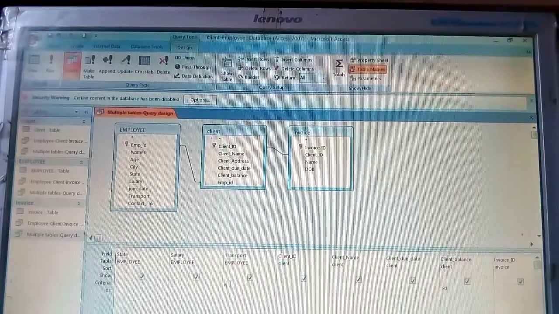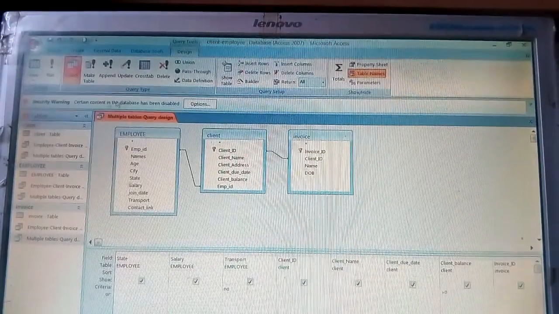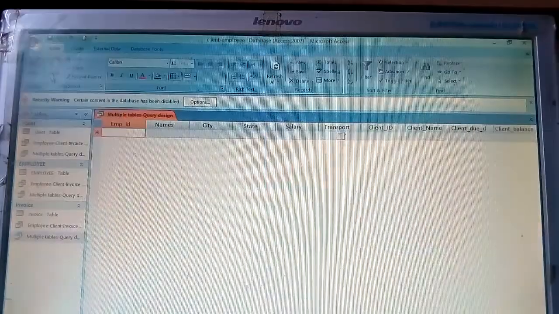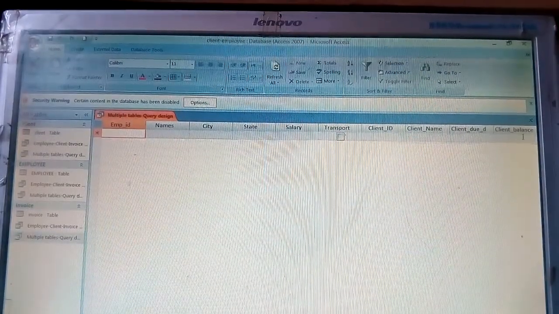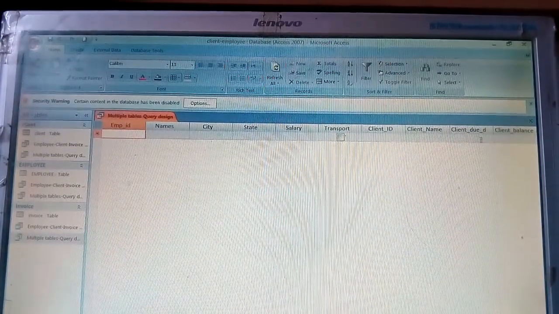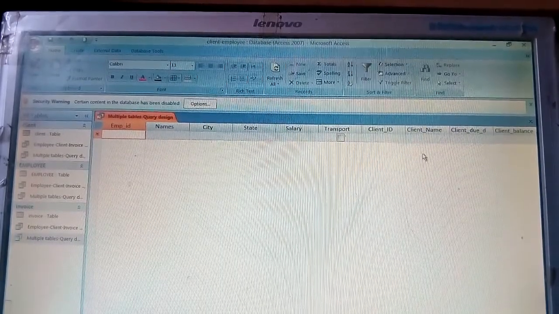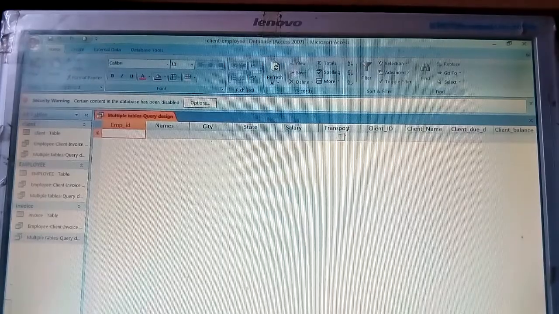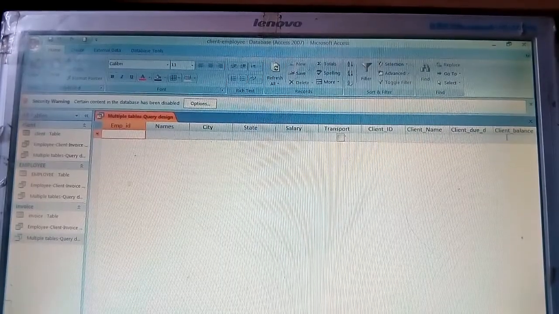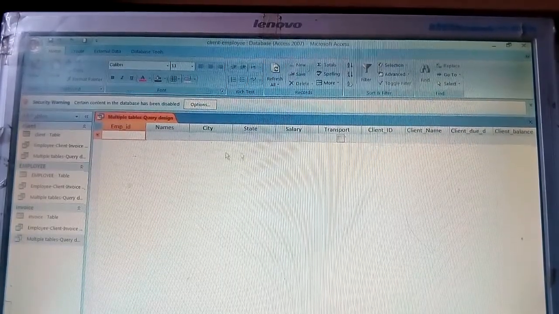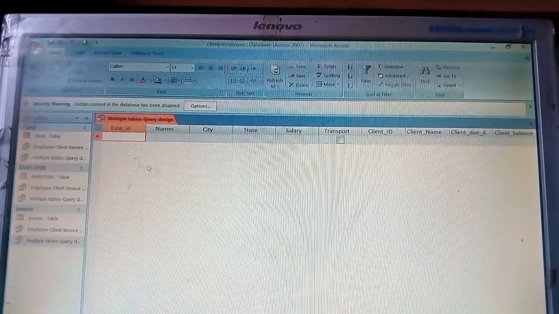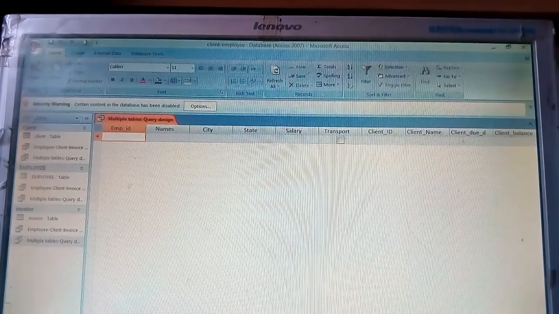If you write no here, then let us see what happened. So click on the run option. Here you can see nothing is coming. That means this type of employees who don't avail the transport but the client balance is greater than 0 are not here in this table. So that's why it's coming like this.